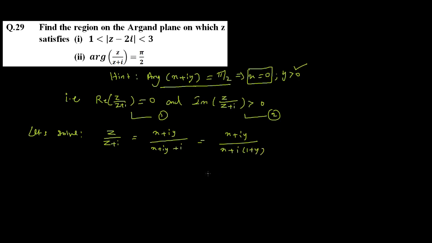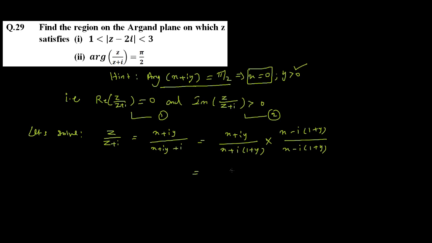And everyone knows that in the denominator iota is not digestible for us. We have allergy, right? So what will we do here? We'll multiply the conjugate. That means multiply x minus iota into 1 plus y divided by x minus iota into 1 plus y. So this will become